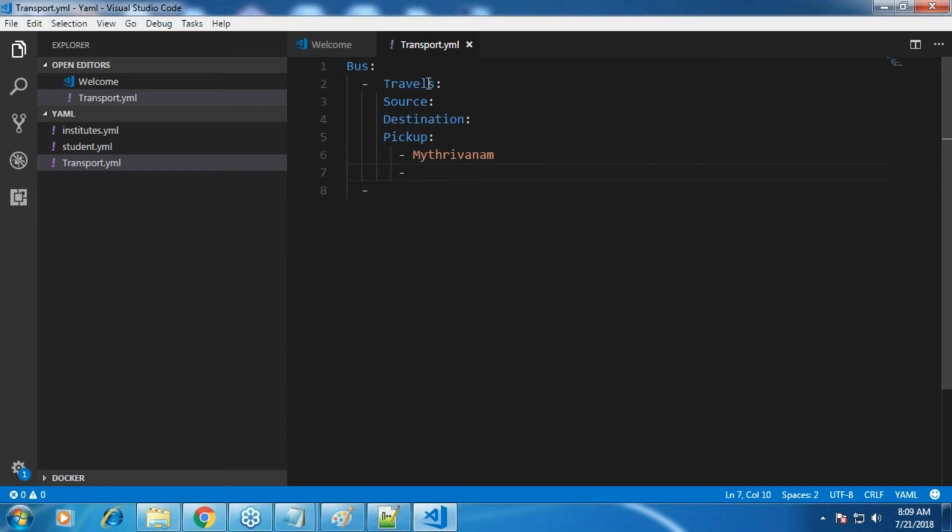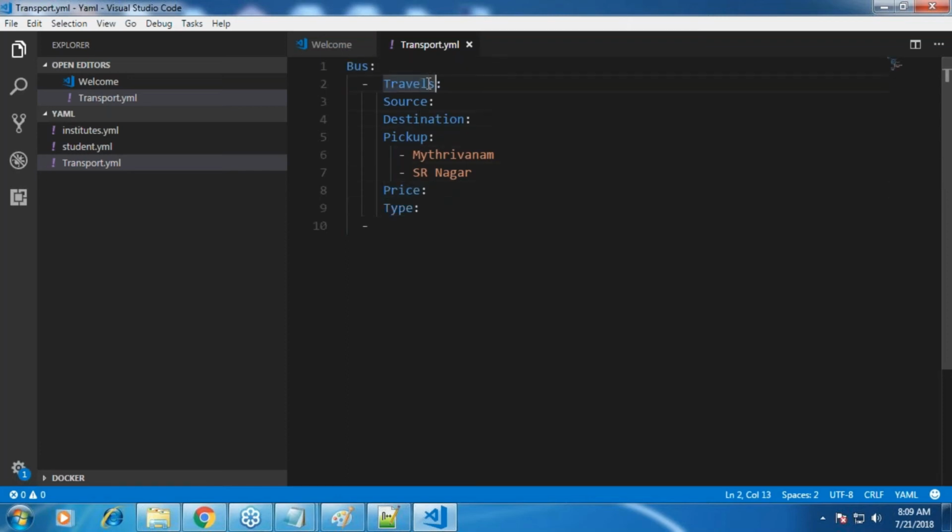I'll be writing a couple of them so that the confusion is not there. And then we'll have something like price or fare, whatever you call it, right? And then a bus will have type, or you can go on and on. There is nothing wrong in this.